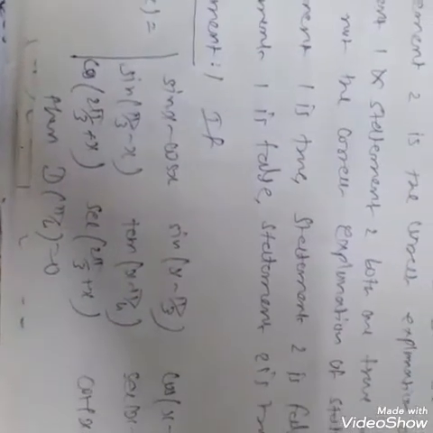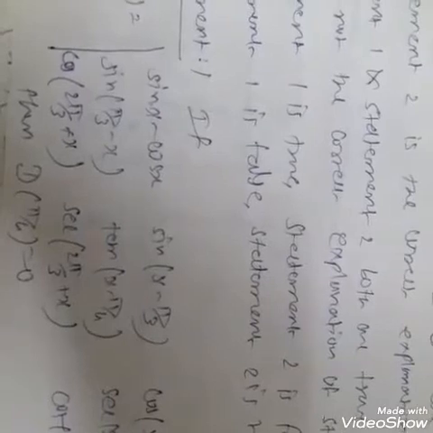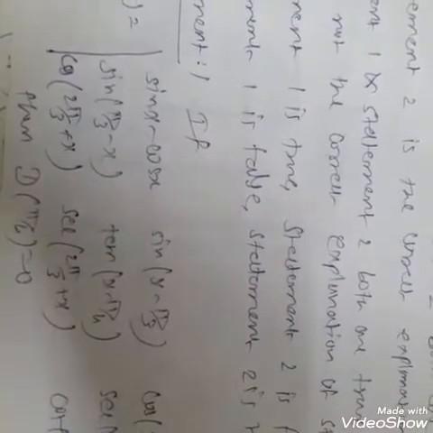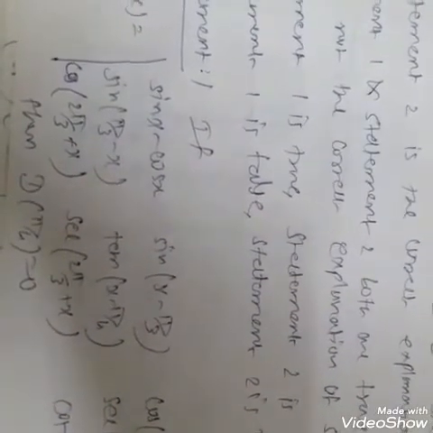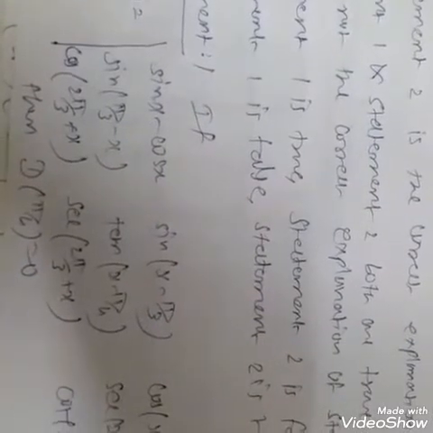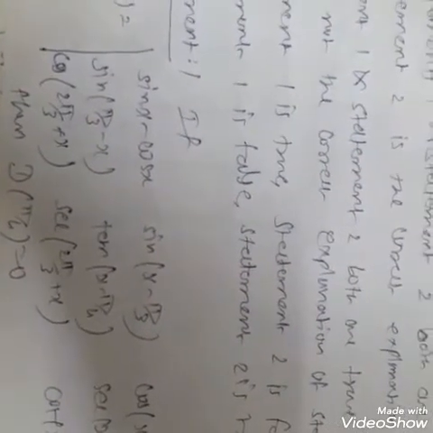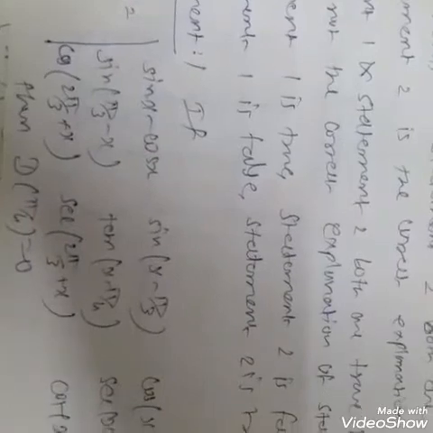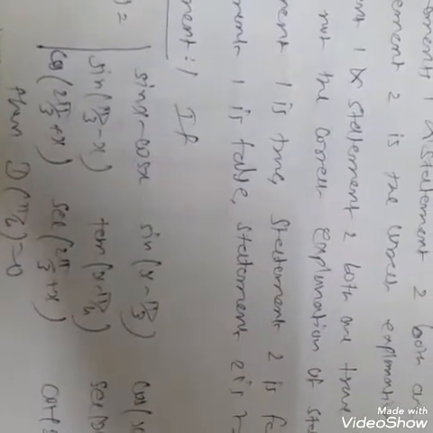Now we discuss about the question, that is statement 1: D(x) equals the determinant with sin x, minus cos x, sin(x minus pi by 3) and cos(x minus pi by 3) as the elements of first row. Sin(pi by 3 minus x), tan(x minus pi by 4) and sec(x minus pi by 3) are the elements of second row, and cos(2 pi by 3 plus x), sec(2 pi by 3 plus x), cot(x plus pi by 4) are the elements of third row. Then value of D(pi by 4) is 0. It is our first statement.